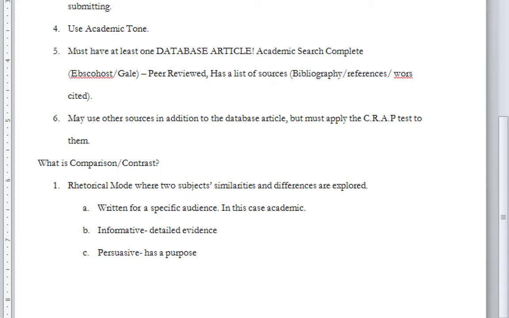It's why is it important to compare those two public figures? What can we gain from that comparison? What sort of knowledge can we gain? What meaningful knowledge? How is that knowledge meaningful to us? Very, very important that that's clear to your reader in your thesis.